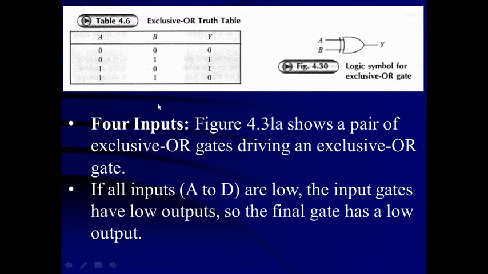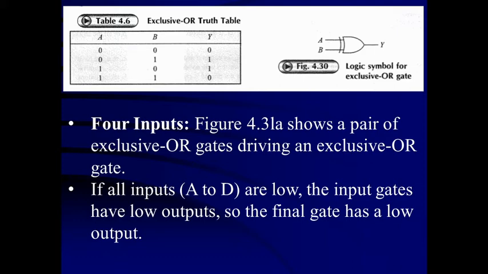Now, if you want to study an exclusive OR gate with more than two inputs, we can study it here. First is the 4 input exclusive OR gate. How can this 4 input exclusive OR gate be prepared? In the market, TTL has prepared a 7486 IC which contains a quad 2 input exclusive OR gate. For exclusive OR gate, only the 2 input exclusive OR gate IC is available. That means we can prepare more inputs with 2 input exclusive OR gates.